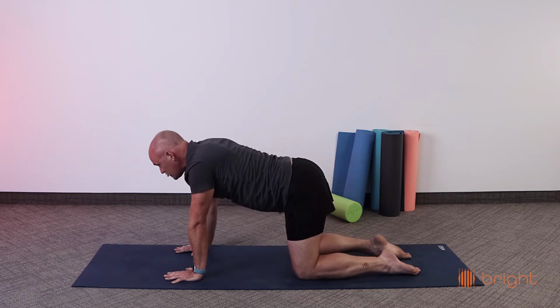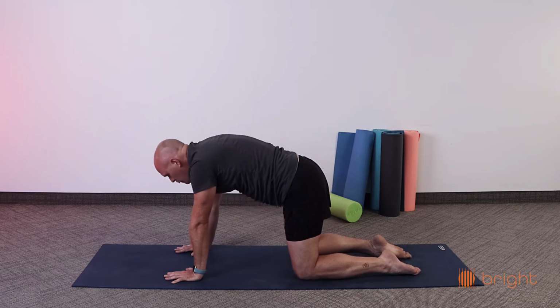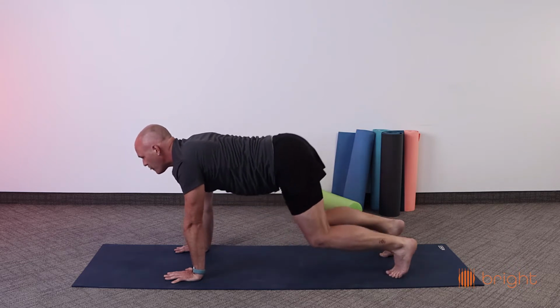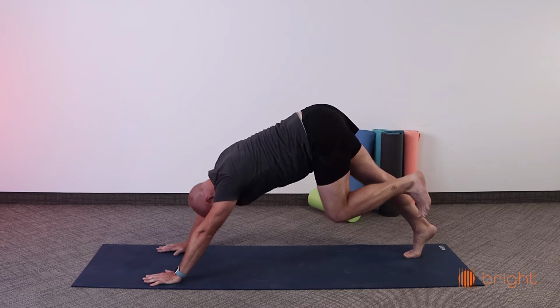Inhale, lift the chin and chest. Exhale, round. Inhale, lift. Tuck your toes underneath. Exhale, downward facing dog. Now, as you come into your downward facing dog, it's going to be different from day